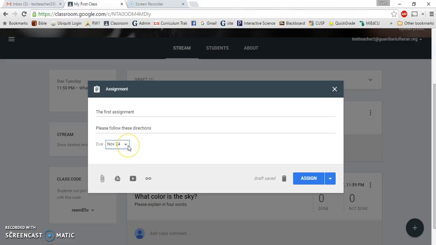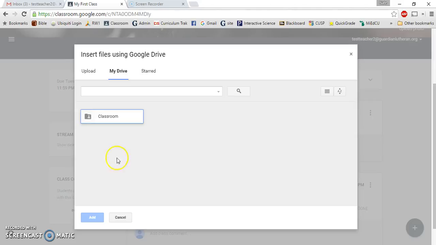When you create an assignment, you can either have students, if they're going to be creating some sort of document, a slide, presentation, or a sheet or document, whatever it is, they can attach it just like they could before down here at the bottom. But the difference with Google Classroom that a lot of people like is the ability to make a copy of a document for your students with their name on it, that they can then complete. So if I give you an example,